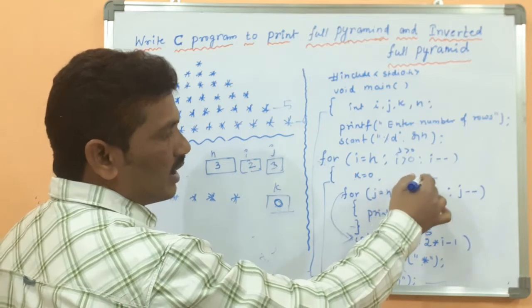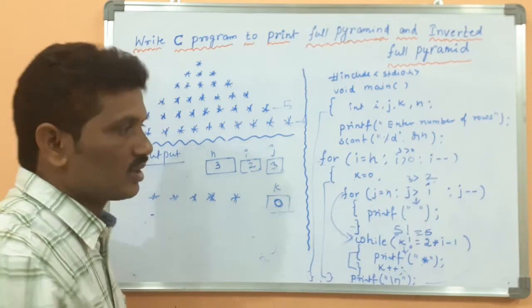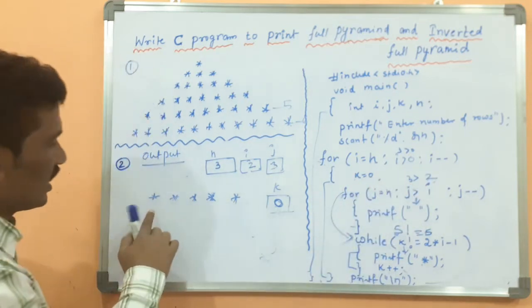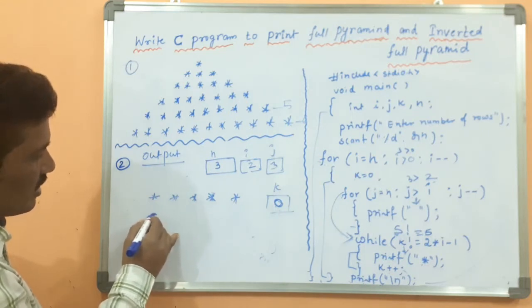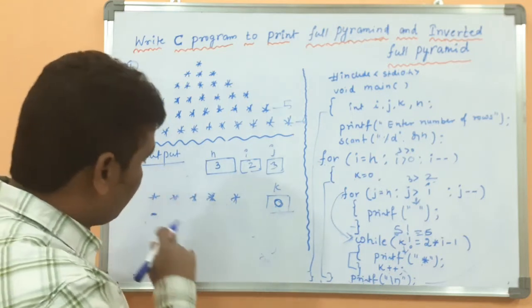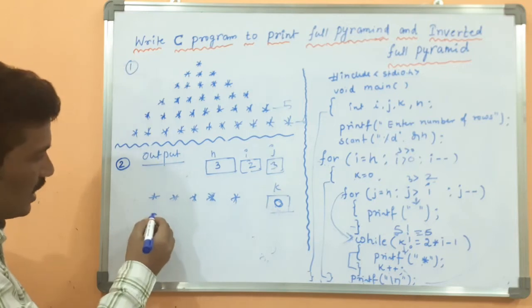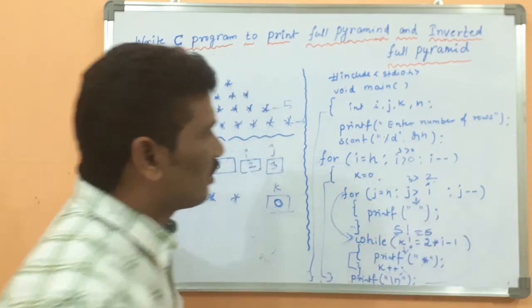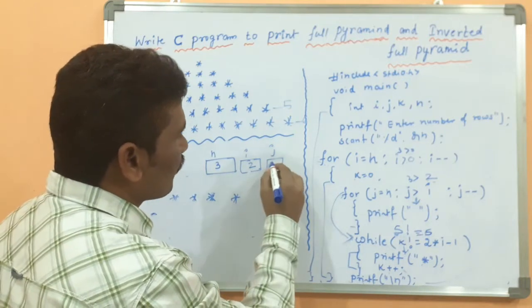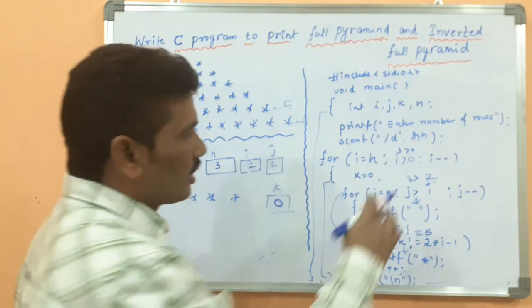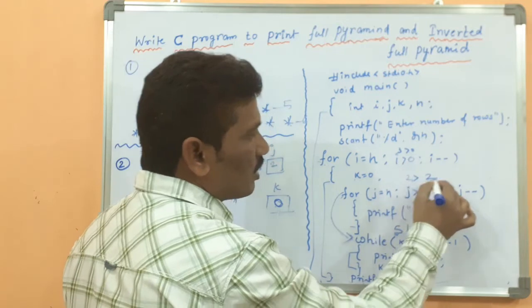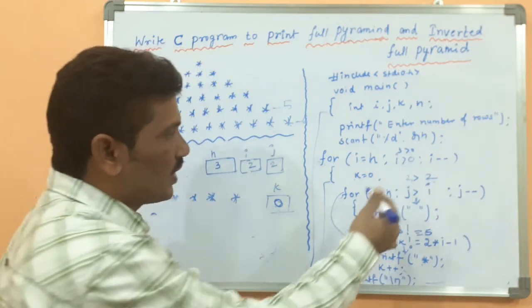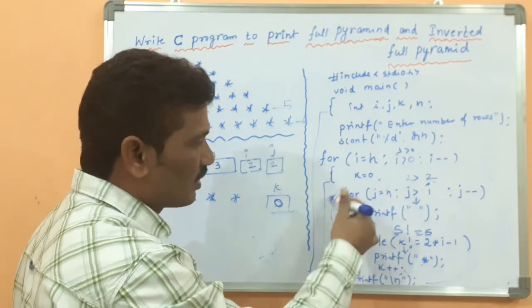3 greater than 2, the condition is true or false? The condition is true. The space should be displayed over here. Instead of space, I am writing a hyphen symbol. Then again j is decremented by 1. Now j value becomes 2. Then 2 greater than 2, the condition returns false. Then control will come to here after the loop.